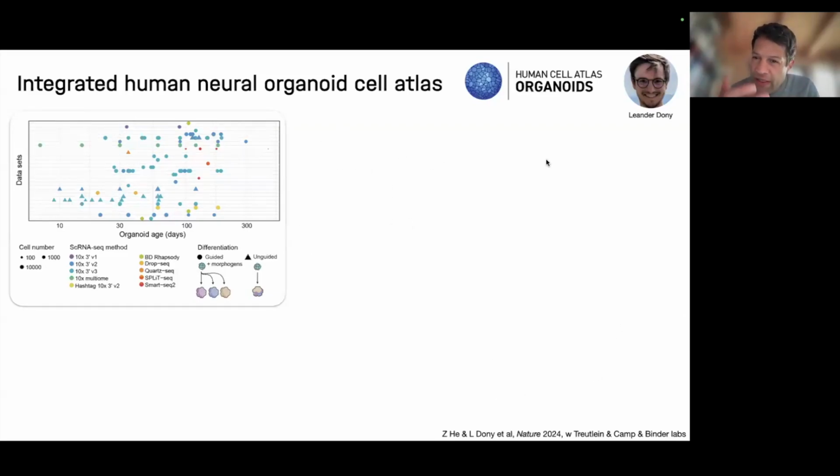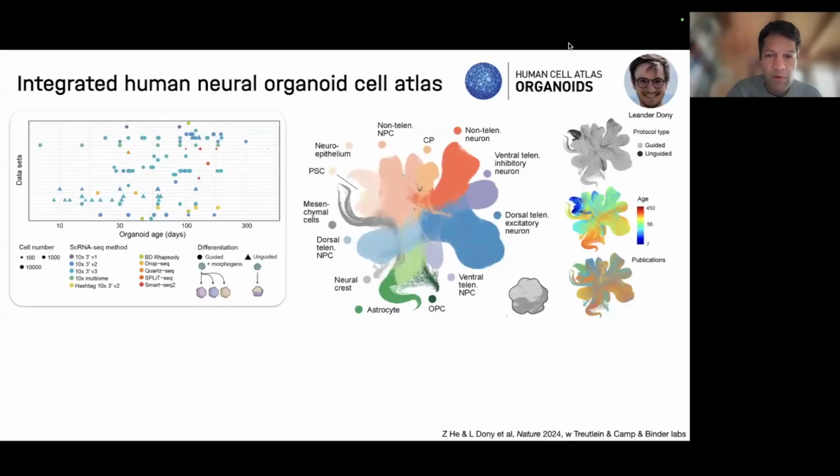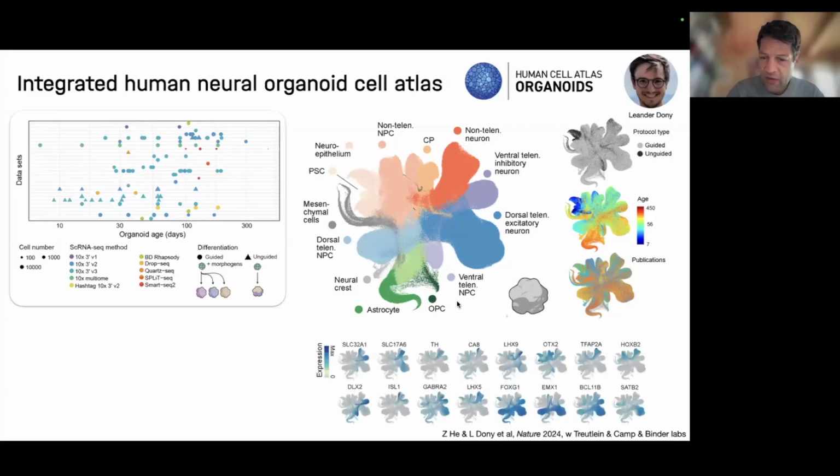So these organoids reflect actual development, but we do this in vitro. So we've been aggregating a lot of these across different time points. We're putting them again in this big map that you saw before, but now everything is more smushed together because they're just growing, right? And you see here age and other things put on top. And there's different ways to make them. And you can look for your favorite marker.